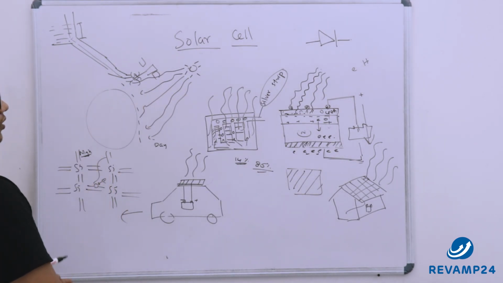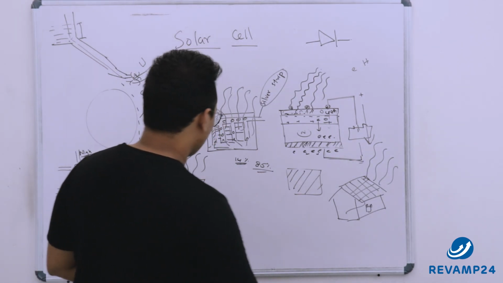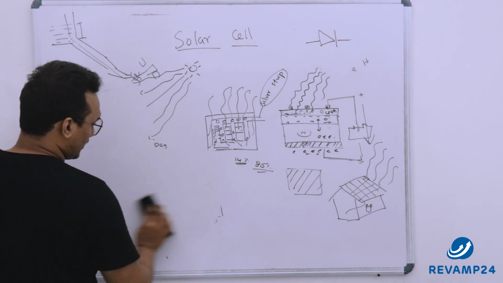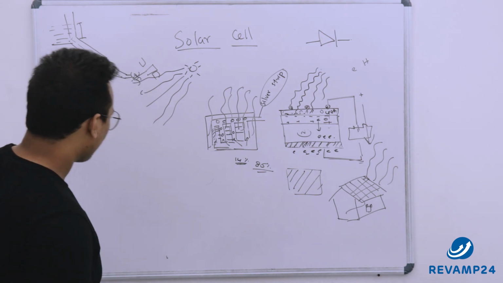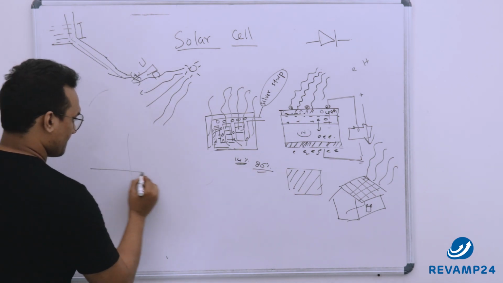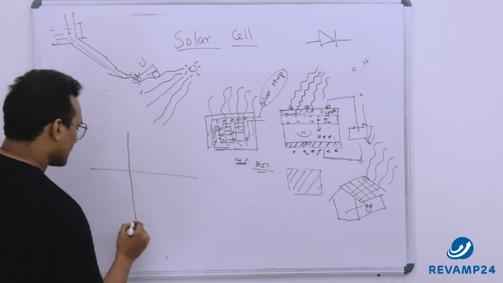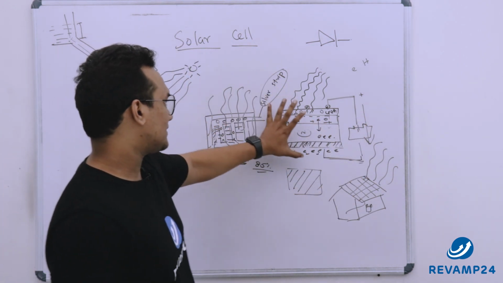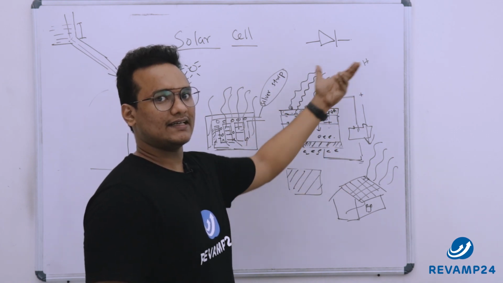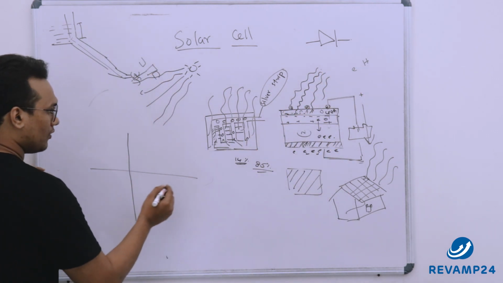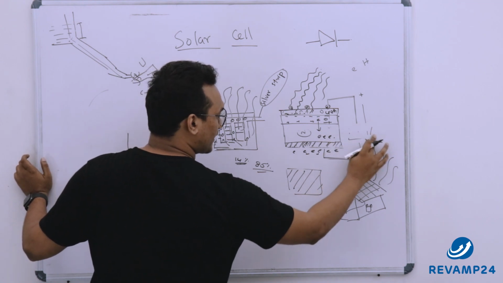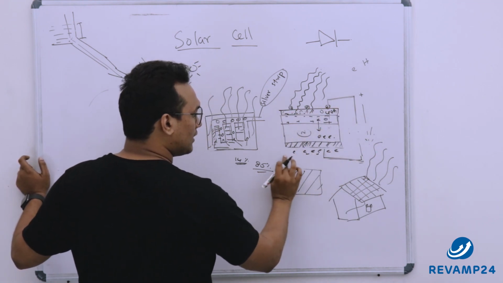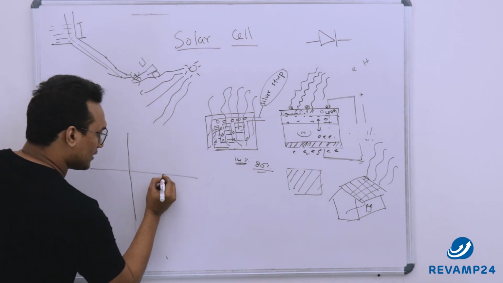So this is solar cell. Now the graph of the solar cell I will represent here. Solar cell is not provided with any battery, because this acts as a cell. It doesn't need a cell to operate. Now when there is no current, when the circuit is open, all holes would be collected here, all electrons will be collected here, having the maximum